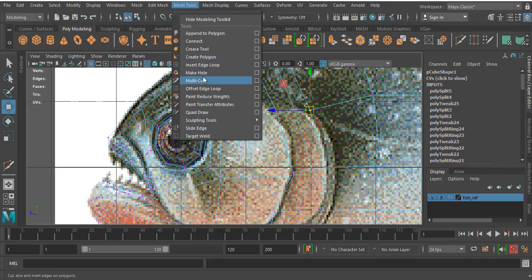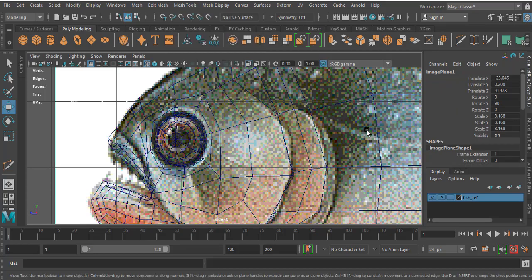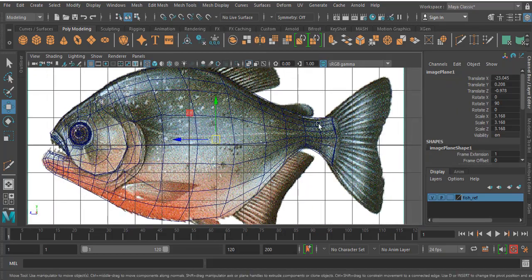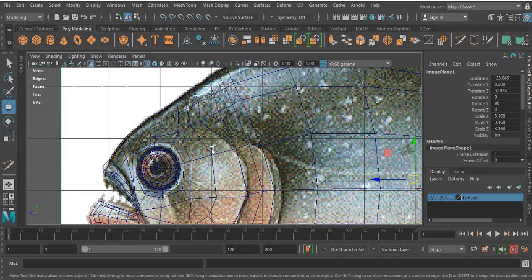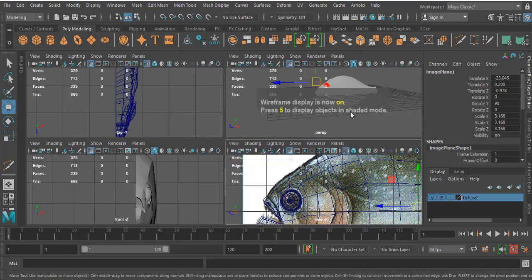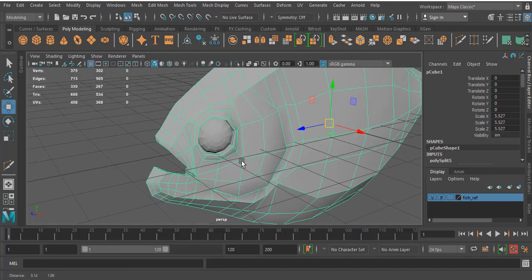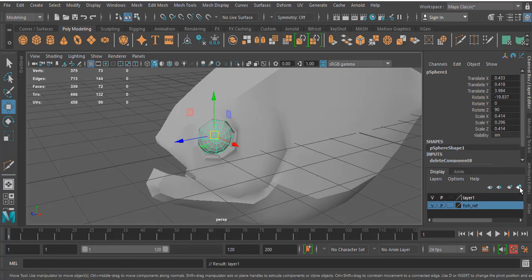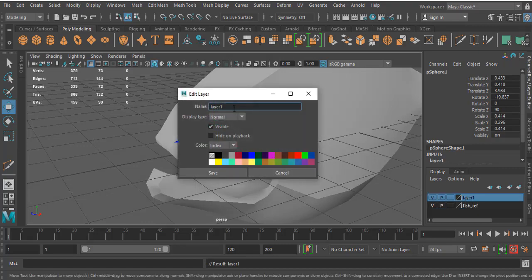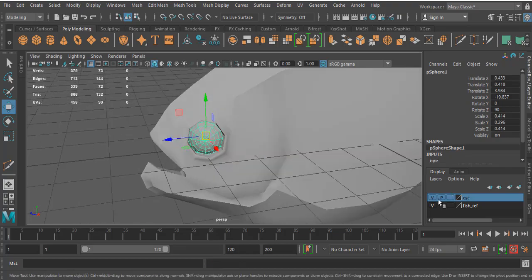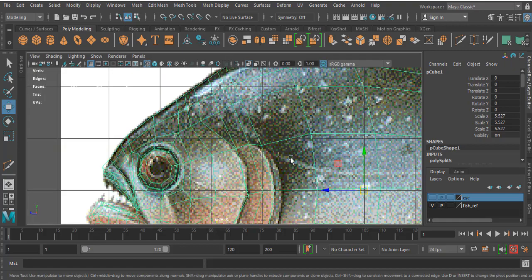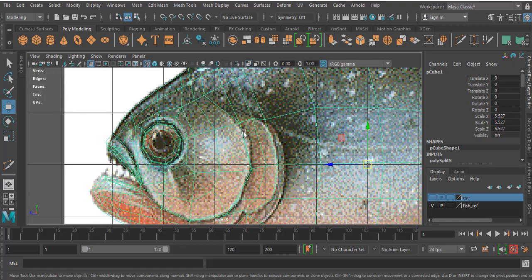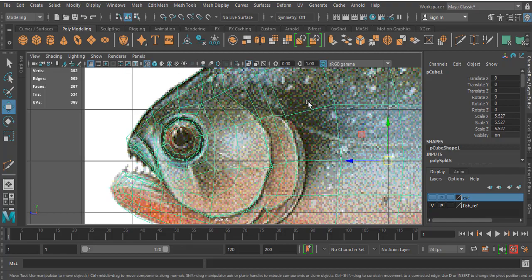Go to insert edge loop. So if you really feel like this is congested, don't go for it. I'll give you one option, like you can press 4. Sorry, it's in 4 already. I'll select this eye portion, click on this, I'll double click, give eye, save, hide it. Okay, now what I'm going to do is, my problem is I want to create a depth over here.